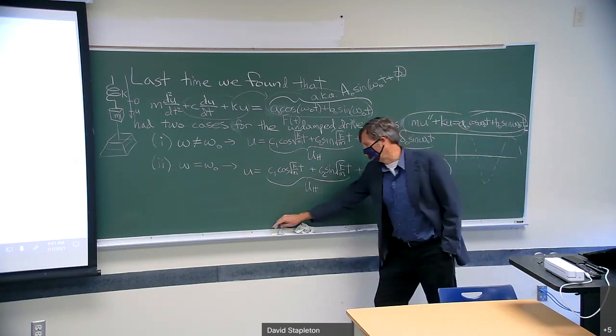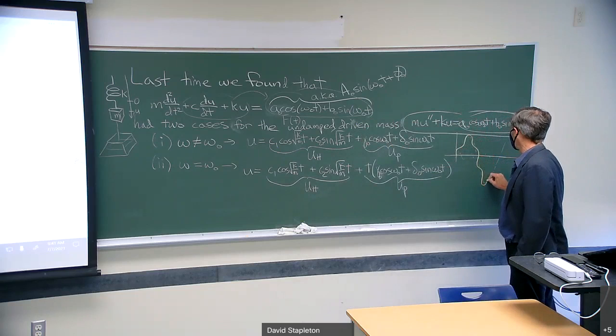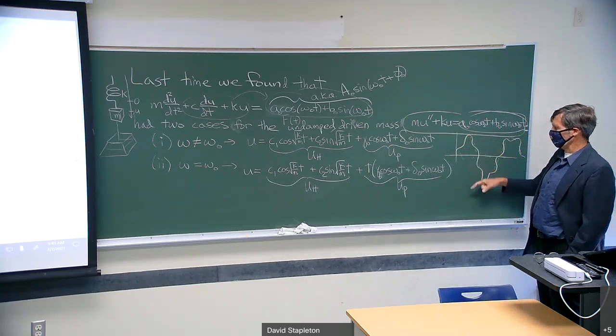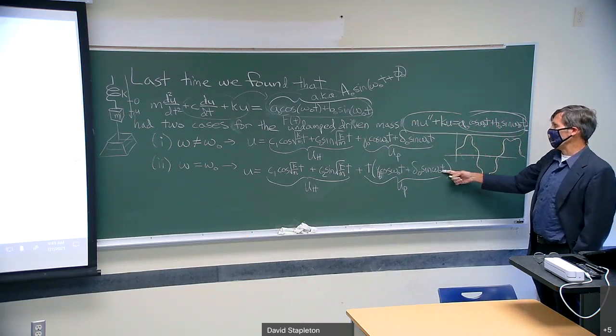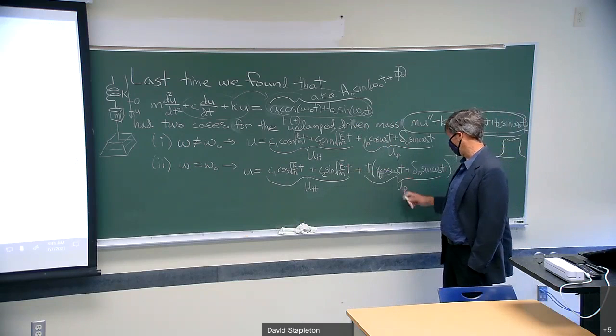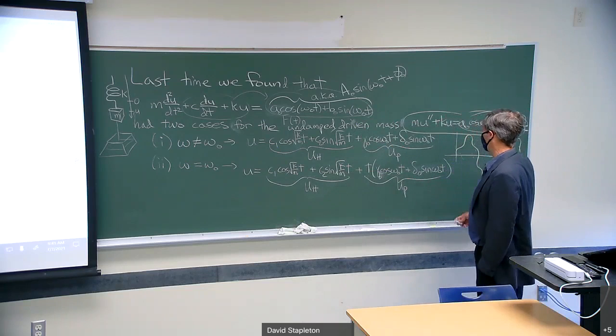Then the sum of those two just kind of wiggles around this one, right? So your solution might look like this. If they're more the same size, then it doesn't look so easy, but that's the first case. But in the second case, what you have is a sine wave plus t times a sine wave. And we said this one is called resonance